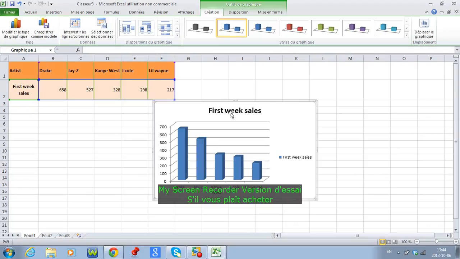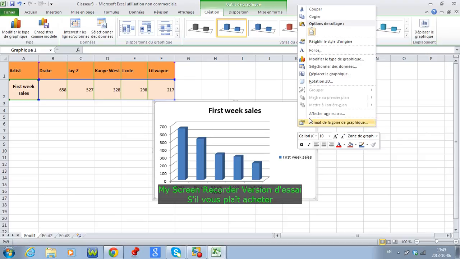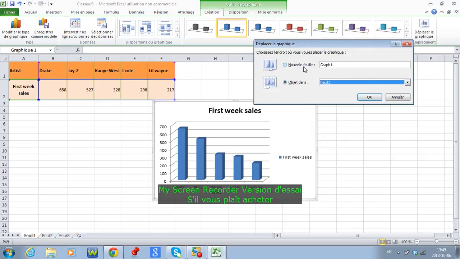So I can do this right here. I got a nice graph of the sales of my album. So I've got the first week sales of Drake, Jay-Z, Kanye West, J. Cole, and Lil Wayne. So now, if I want to move it to another page, I'm gonna move the graphic,